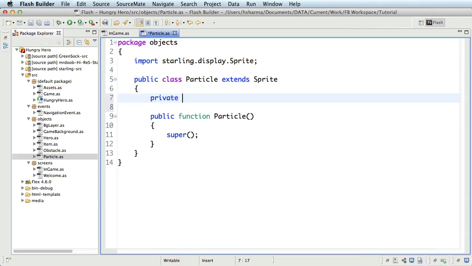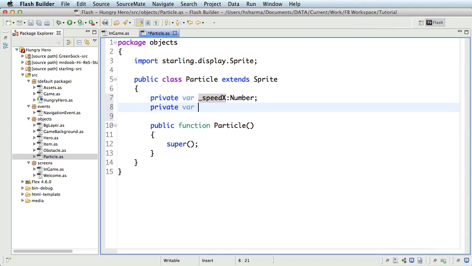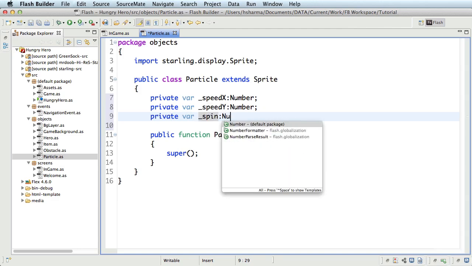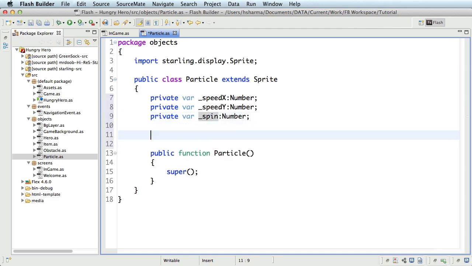Private var _speedX of type Number, private var _speedY of type Number, private var _spin of type Number, and lastly the image that shows the particle itself, private var _image